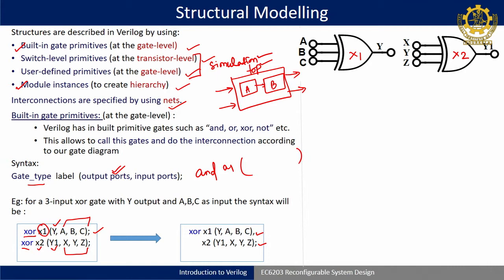If you have, let us say, 100 XORs in your design, instead of writing XOR 100 times, you can simply write XOR one time, and the rest of the things you can write 100 times, but each line has to be separated by a comma, so it is maintained like a single continuous line. When it is synthesized, the corresponding gates will be created. So using built-in gate primitives is synthesizable in nature. If you are writing code and synthesis is not done, then your gate level netlist will not be generated, and then it is hardly of any use.